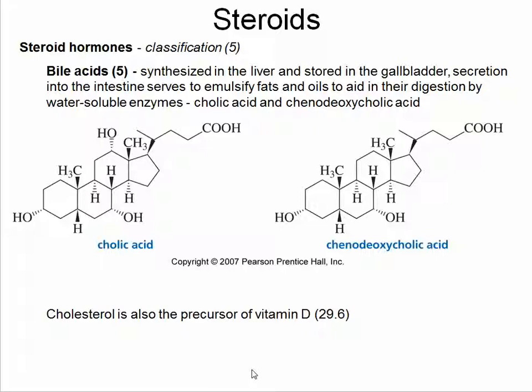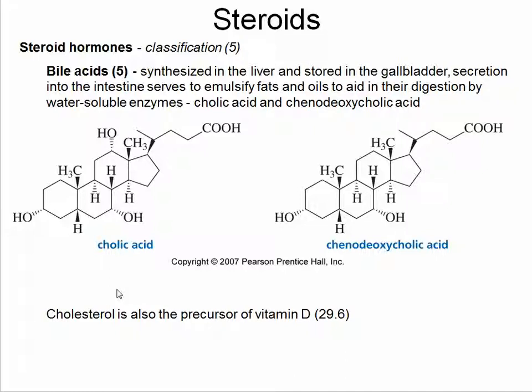Because let's face it, a lot of the things that we do are in a water environment, and these oils and these lipids have to be broken down, and that's the purpose of these bile acids. They go out and they allow that to happen. So these are two versions of what we would call a bile acid. Something like cholic acid can go out, do its job, break down some lipids, and start absorbing it for your